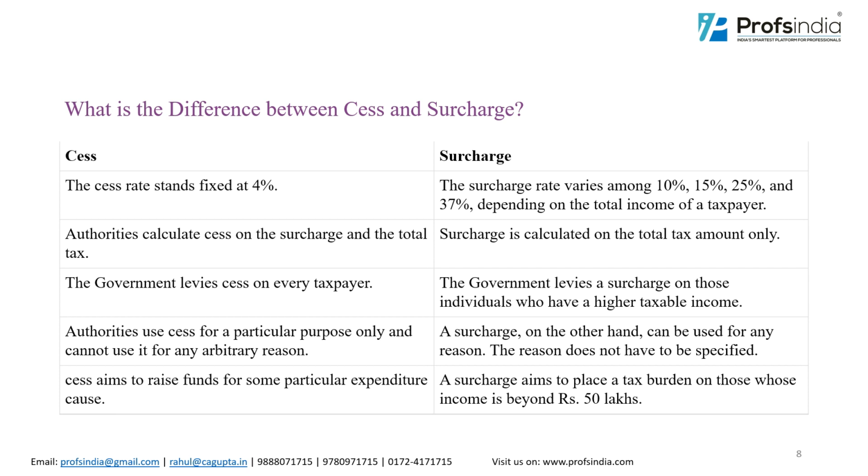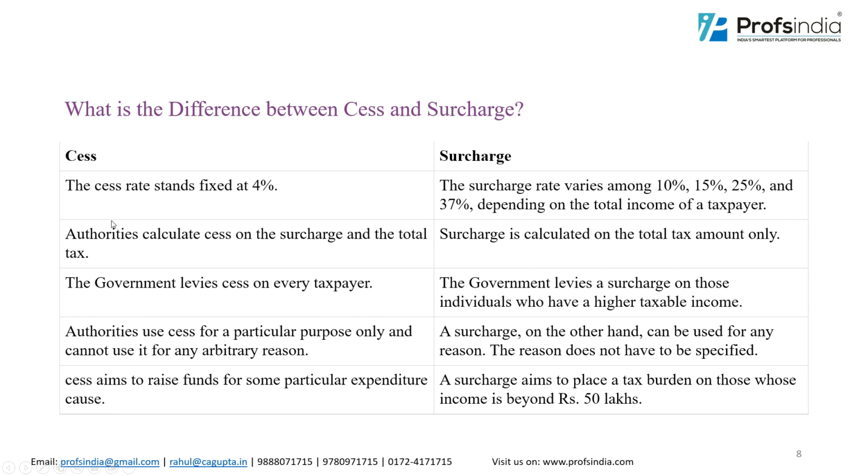What is the difference between cess and surcharge? Cess rate stands fixed at 4%. Cess rate is fixed when it is applied, whereas the surcharge can vary. It varies depending upon the income of the taxpayer. It has a rate of 15% as well. So depending upon the income, it has slabs and accordingly surcharge applies. But in the case of cess, it will always be fixed.